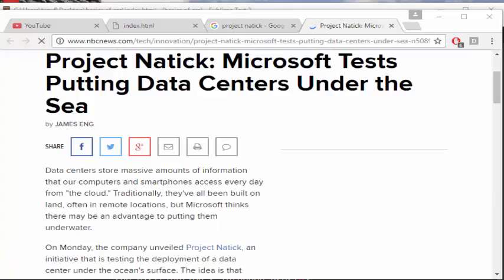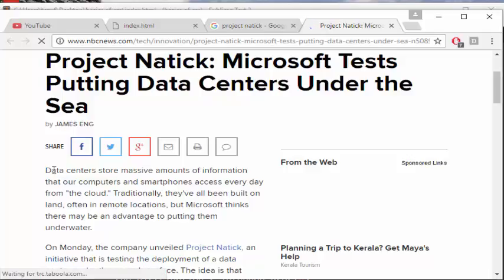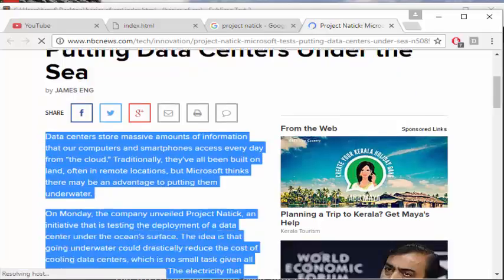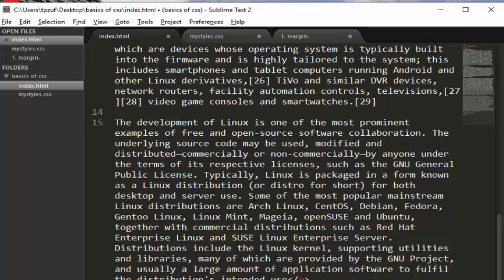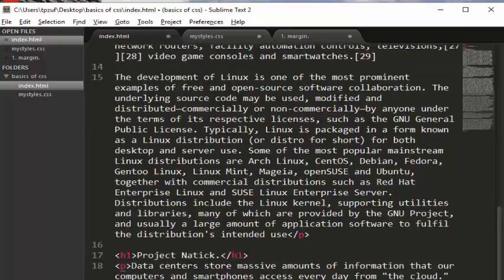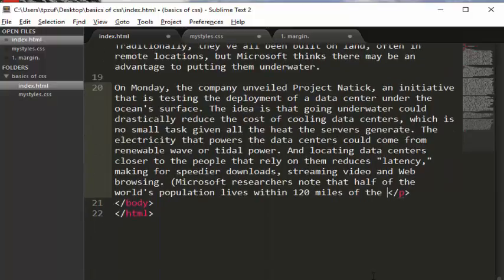Copy this content. Okay, let us copy it and paste it in our index.html file. So I think it's enough. Let us save this, and